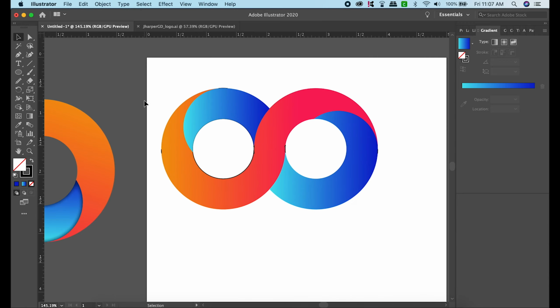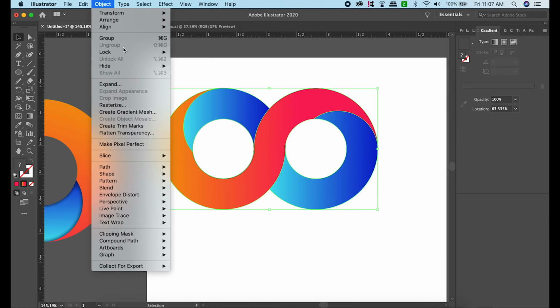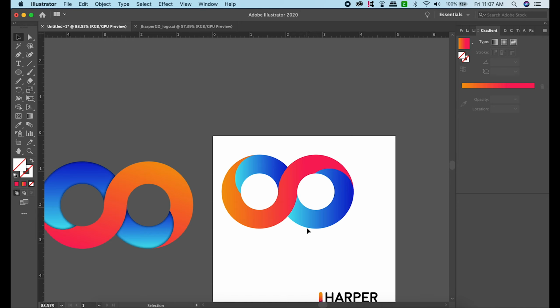Something that makes this quicker is you can select your main pieces. So click, hit shift, and then what I do is I go to Object, Lock, Lock Selection. That way you can't do anything with it. If I click on it, it doesn't move, it doesn't do anything. But all those parts I didn't select, I can hit delete, and now they're gone. All right, so we're going to unlock this selection, unlock. And now it basically looks like what our end shape is, but it's a little bit more flat,